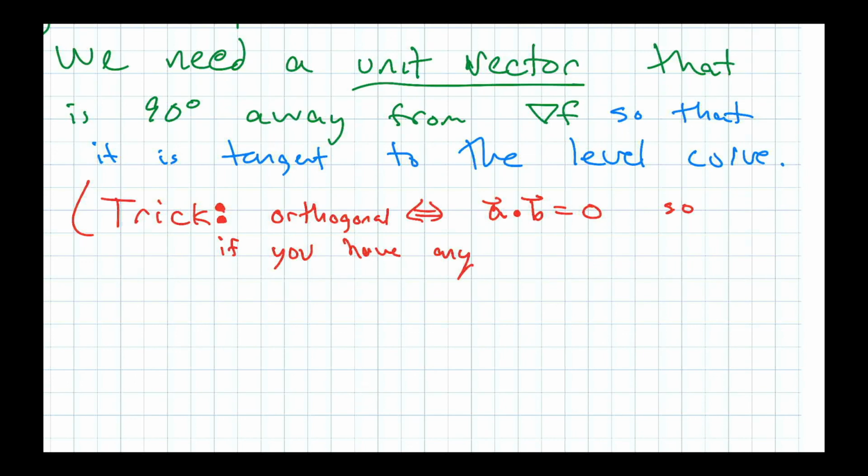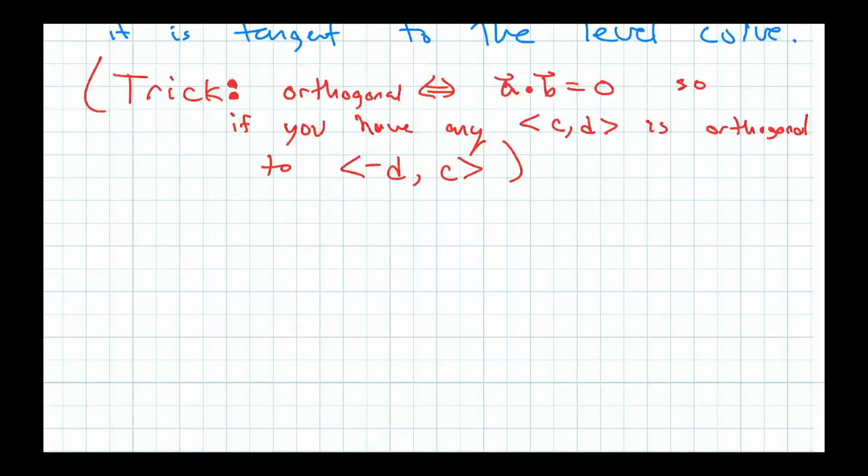C and D. So any C comma D vector is orthogonal to, if you just switch the two components around like that, and then you make one of them negative, that's orthogonal, right? And that's easy to see, right? Because if you just do this, C comma D dot negative D comma C. If you do that dot product, it's C times negative D, which is negative CD, plus D times C,